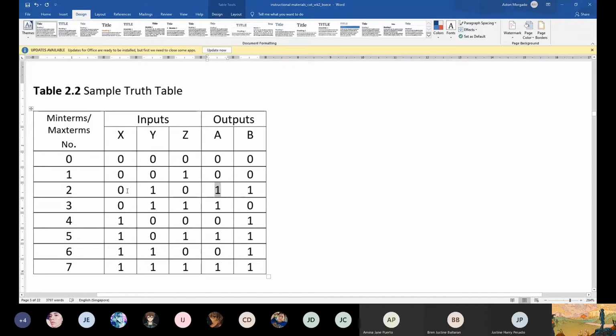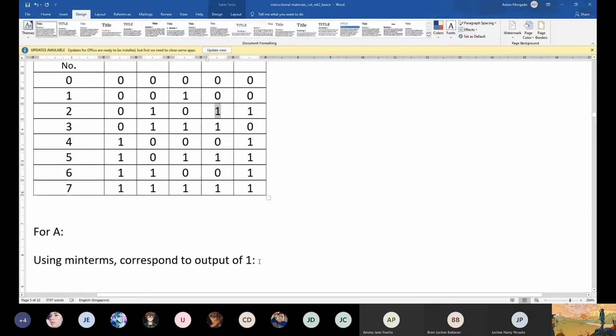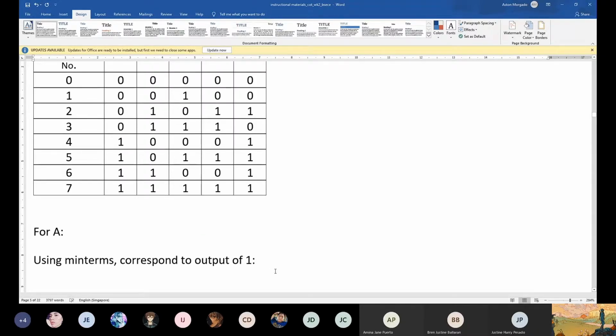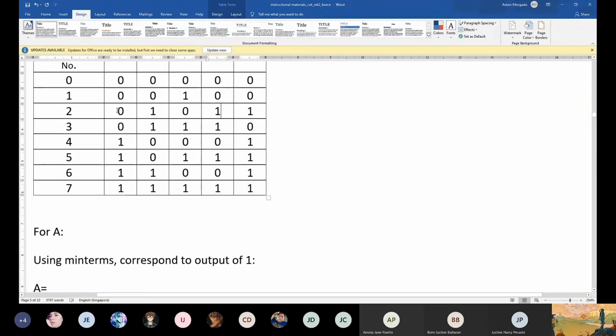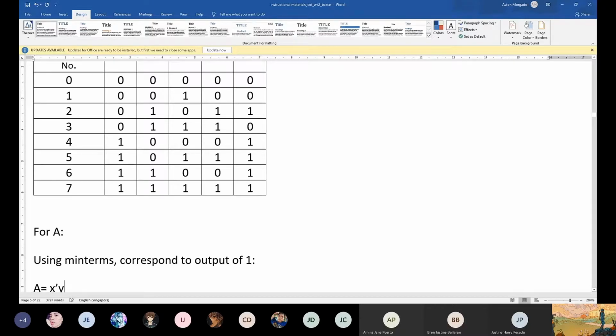Again, for Minterms, if x is 0, A is equal to, first output of 1 for A, 0, 1, 0, or Minterm 2. What does it mean? 0, 1, 0 means x prime, y, z prime,